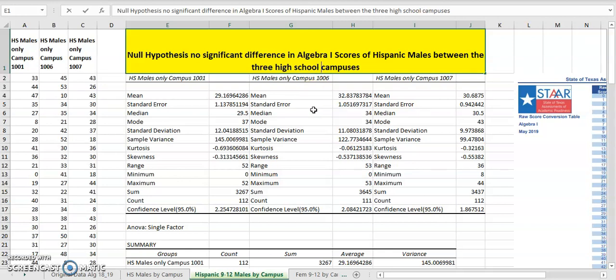And my alternative hypothesis would be that there is some significant difference. Say if I took the scenario that one of the campuses had leadership and professional development that focused around the Hispanic community more than the other 2 campuses. My alternative hypothesis would be, one of those campuses that has more of a focus on Hispanic students with more professional development may and should have higher STAAR algebra scores for those students. But for my null hypothesis, I'm just saying, I think they're all going to be the same.